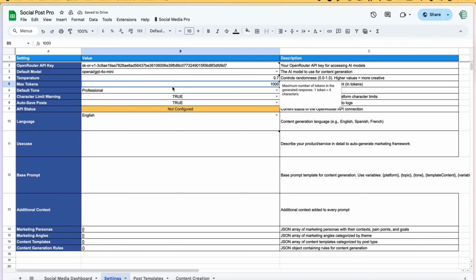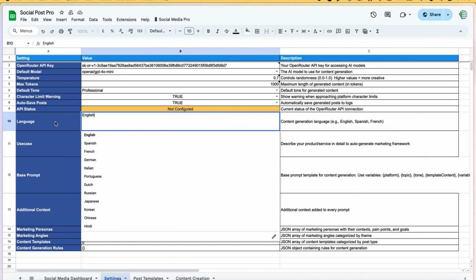There are a lot of other settings that you can change in here, like the language, the max tokens, the randomness of the content, and things like that.